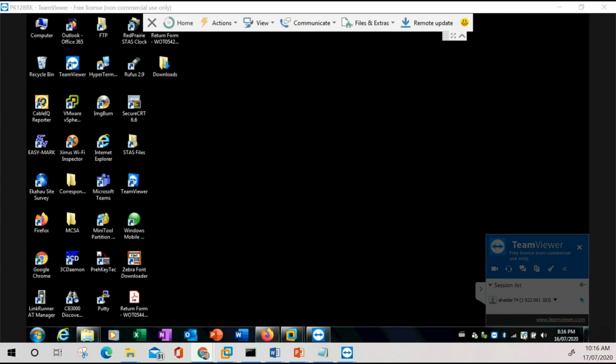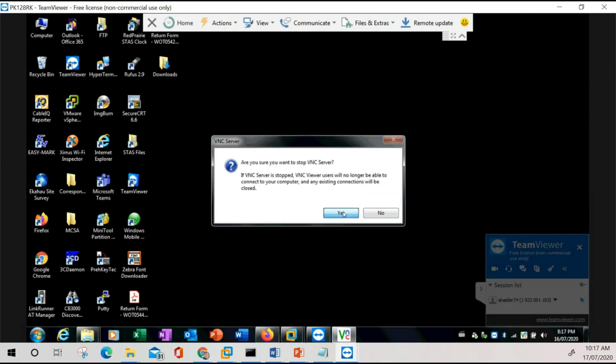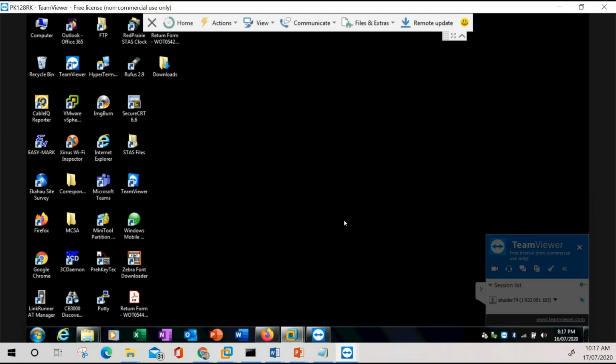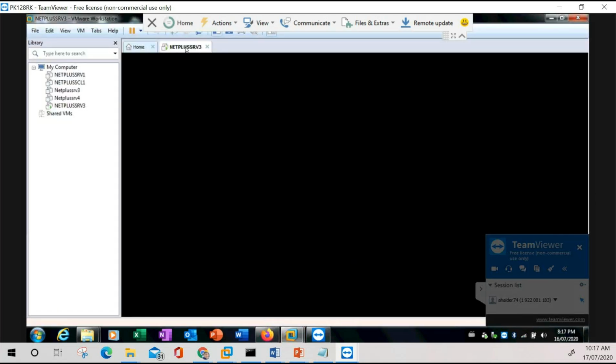What is this one? This thing. Which one? At the bottom. This is VNC. I never use a VNC server. You're not using it at the moment? No. Okay, so let's stop this server. I mean, when you restart, it will come back again. This is VNC Server. It's also used for virtualization. Let's see. And we will just